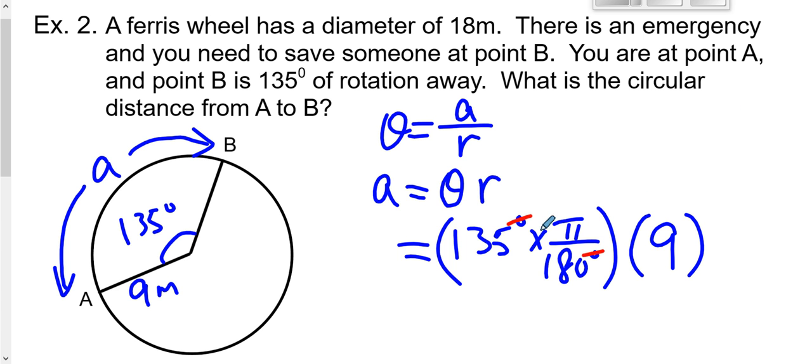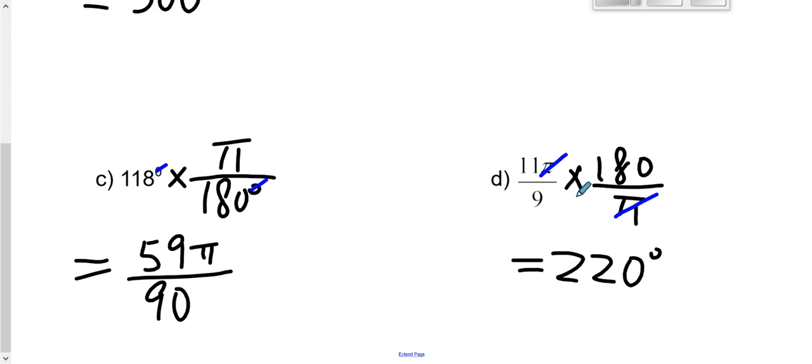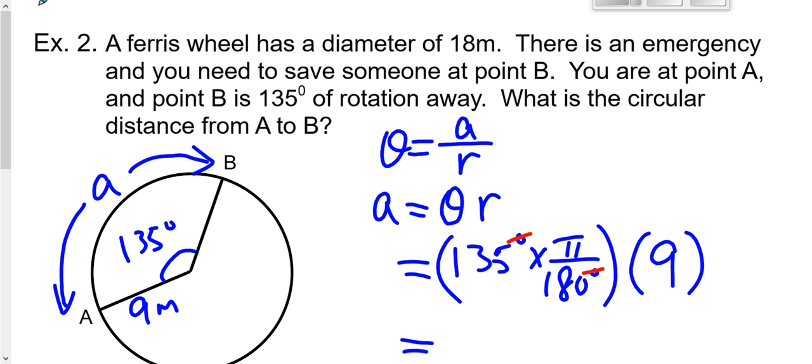As long as you put down a unit at the end, I'm alright with that. So 135. Now guys, I know so far when we talk about the angle in radian, we always just leave the pi. So look at these examples. 7 pi over 6, 59 pi over 90. But for a word problem like this, if you look at this,